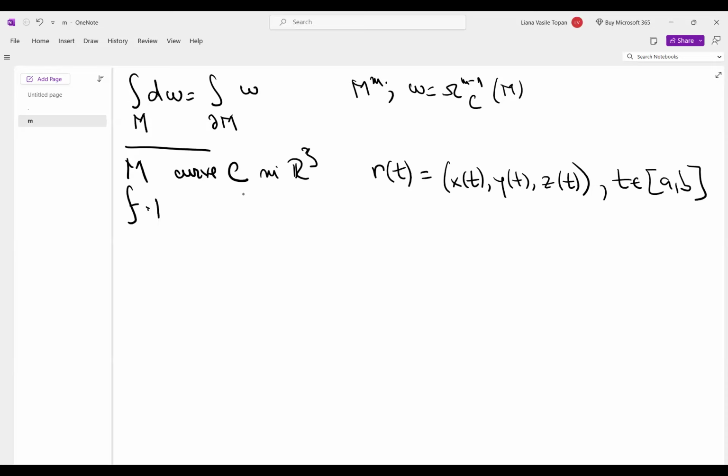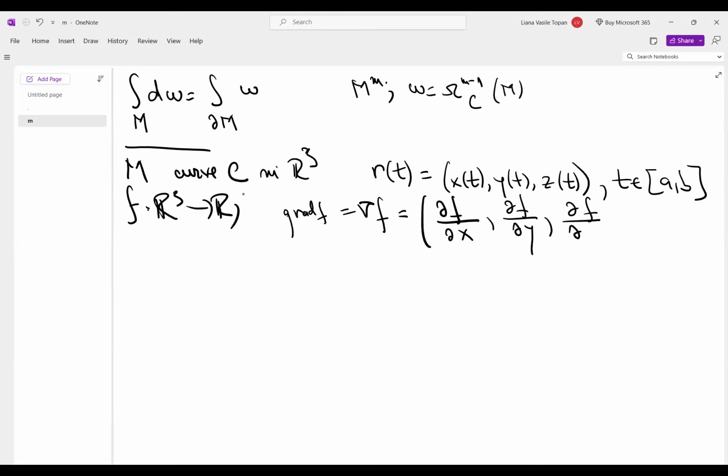We take a function f, a random function. We know that the gradient of f, what we call the nabla f, has components partial f over partial x, partial f over partial y, partial f over partial z. Okay, now let's apply Stokes for the curve C. So you see, when we parameterize the curve, this is interval A, B, and then this is the curve, this is R of A and R of B, right? So when you parameterize it,